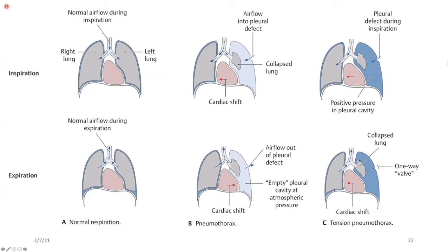What leads to tension pneumothorax? When the air which has entered my pleural space does not exit. So with each breath, I'm adding more and more air, which will cause more and more compression. But compression is not the killer. The killer is pressure on my heart, and shifting of all the mediastinal structures to the opposite side. What will happen? Something like cardiac tamponade: the blood pressure will drop. Everything we have learned in cardiac tamponade is something like that. So we have to deflate it in a quick action. Once this air is drained, then we are fine. Are we good? I'll spend more time on that, don't worry about this. Okay, guys.